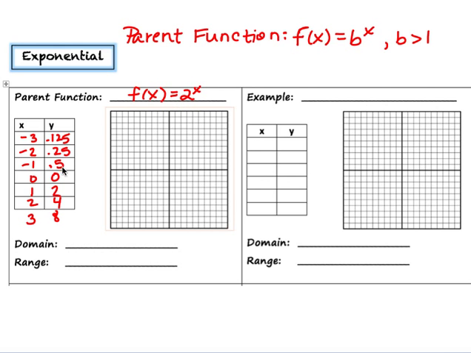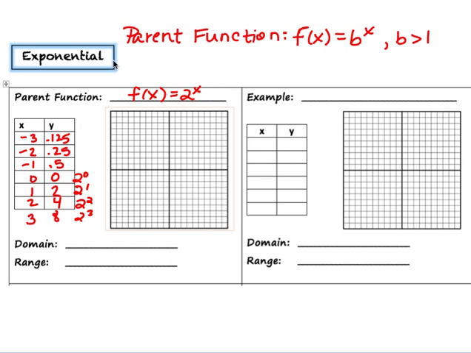And I've already generated a table here, but I wanted you to see how I got some of these. All you're doing is replacing the x with these x values. So for example, if you put a 3 in, you would get 2 to the third. Well, 2 to the third is 8. If you put a 2 in, you get 2 squared, which is 4. If you put a 1 in, you would get 2 to the first, which is 2. And if you put a 0 in, you get 2 to the 0,